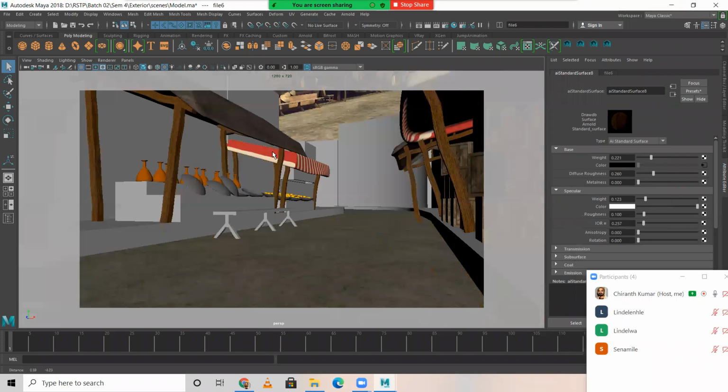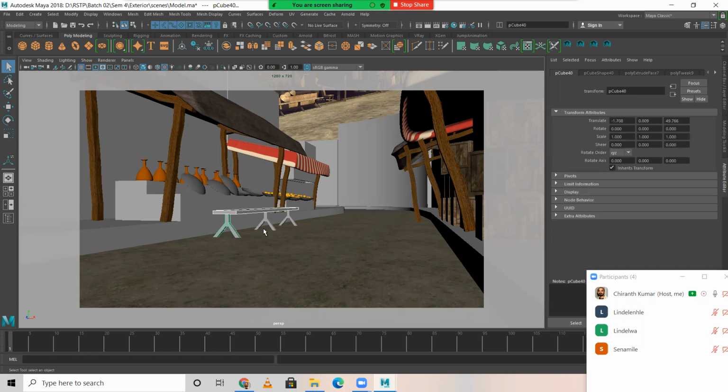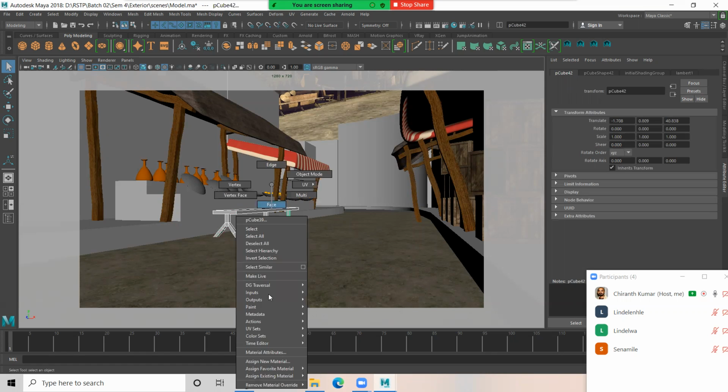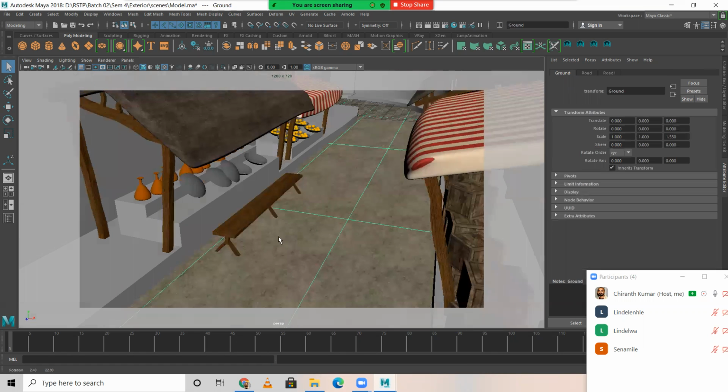And I would like to apply the same AI standard surface. This is wooden log, I'll name. So for this, right click, assign existing material, wooden log. See, this is ready.